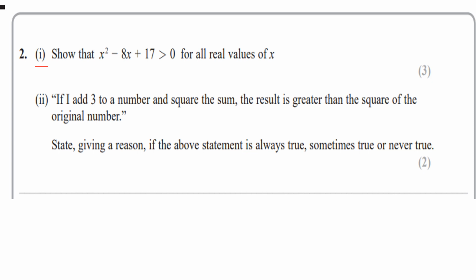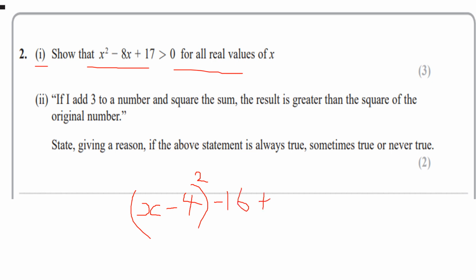Okay, so to actually prove that, guys, I've got to complete the square here, to prove that that is going to be bigger than 0. So I'm going to have x, and then minus half the coefficient of x. So that'll be 4, so x minus 4, and I'm going to put it in the brackets and square it. Then I'm going to subtract the square of this, so minus 4 squared, which will be 16,